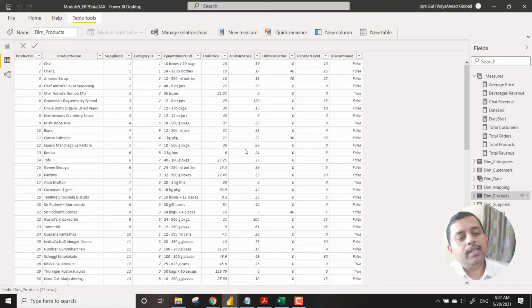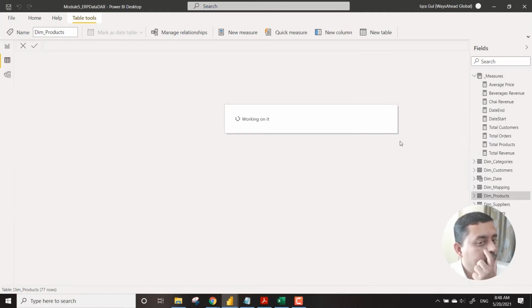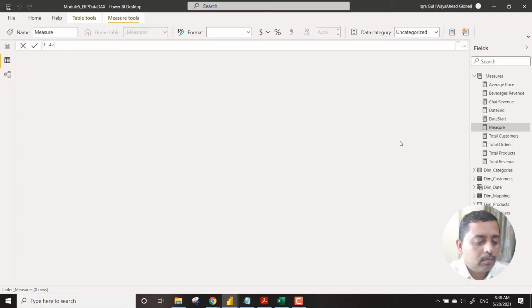So here also, let's say this is an organization which is into delivery of products. It takes delivery from one place and then sends it to other customers. So here also price and stock need to go hand in hand. So we created average price. What we are now going to do is create another measure and call it, let's say, average stock.